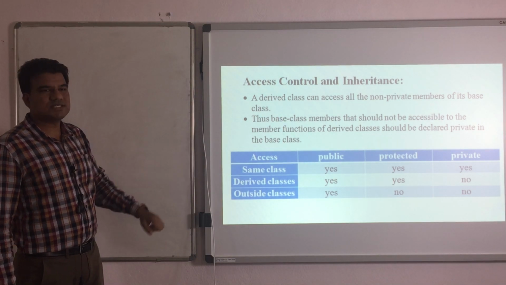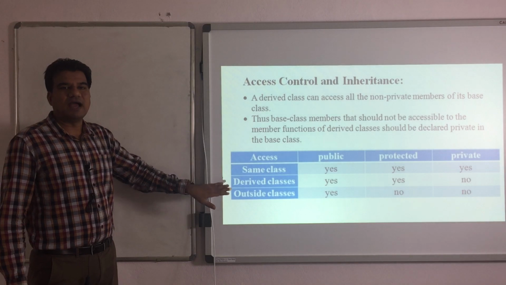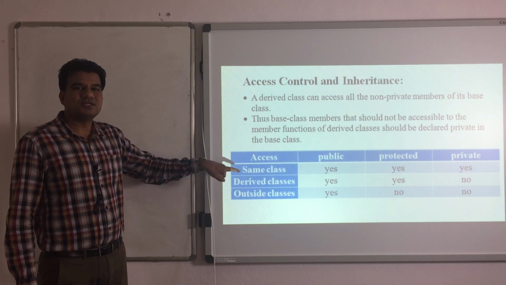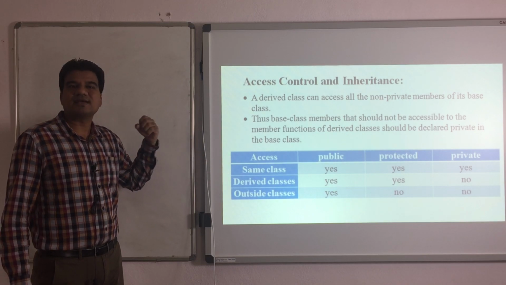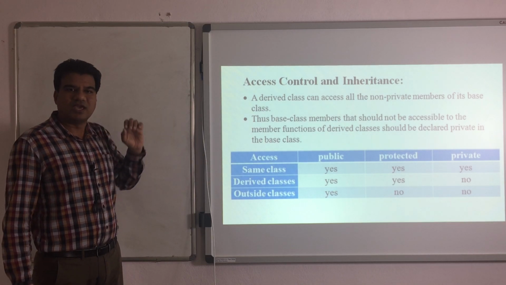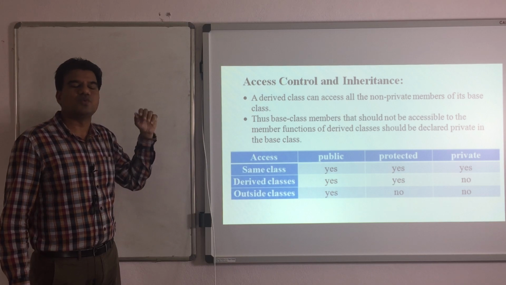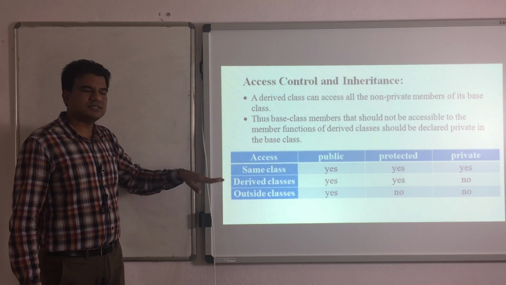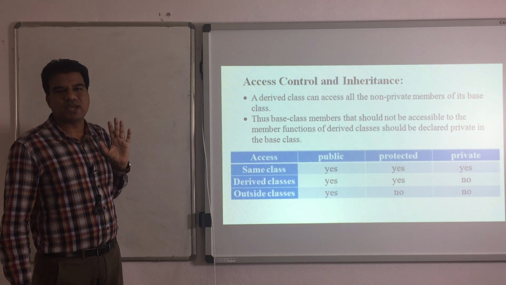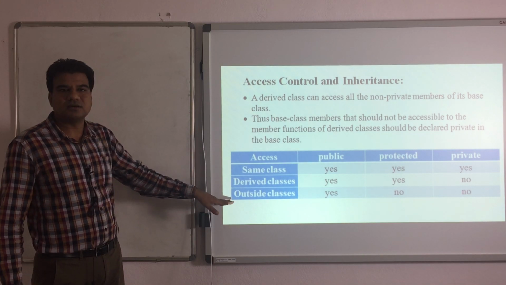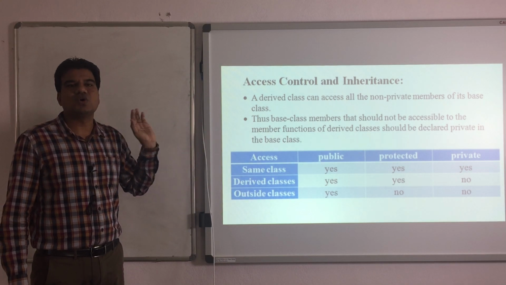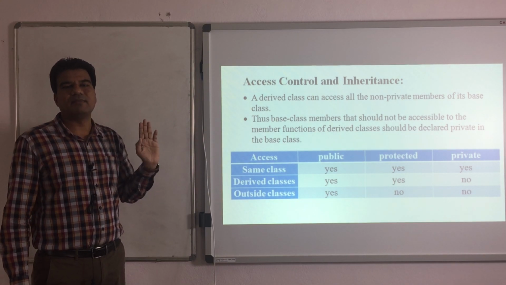Clear? So as you can see over here with this table, I have given the clarity on that. Simply, I said within the class we can access all the data members. Even if the data member is private, within the class you can access it. Outside the class, only the public members you can access. The last category I am explaining over here: outside the class, you can access only the public data member.